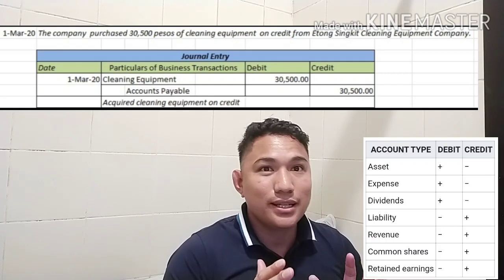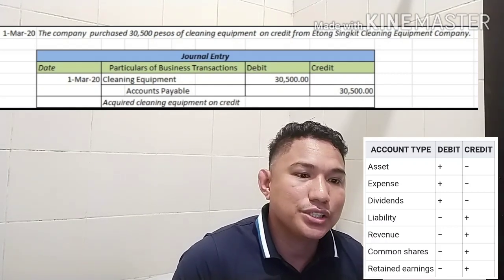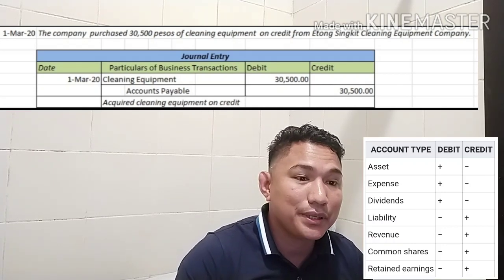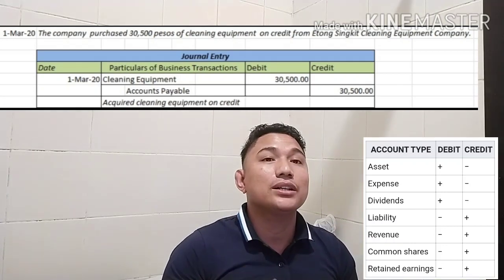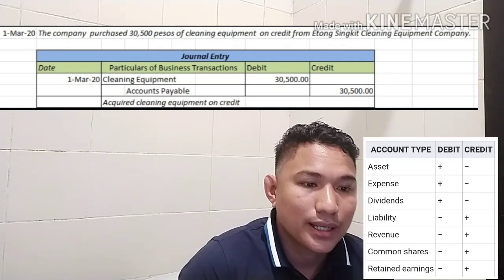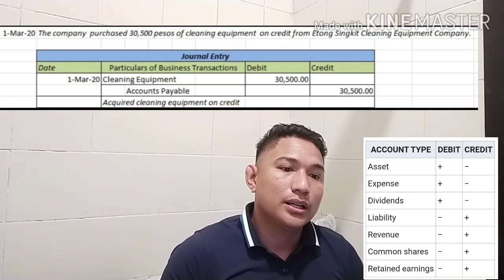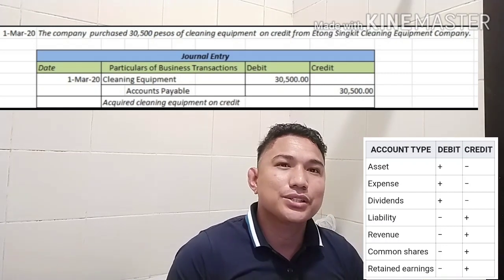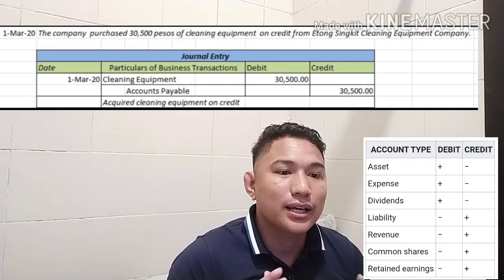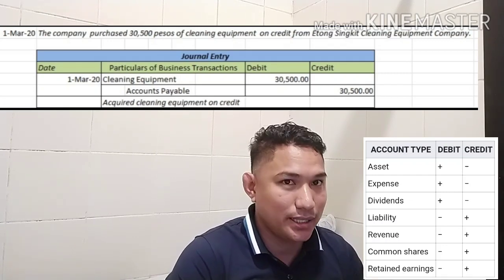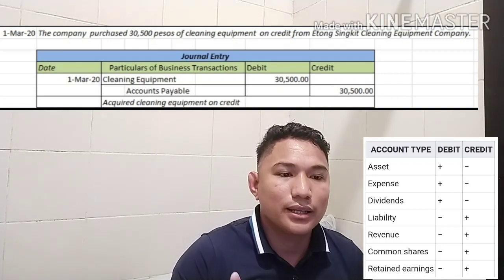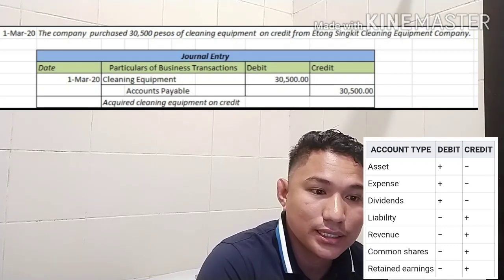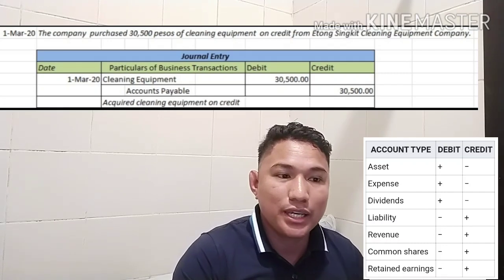Now, because your business is a cleaning company, Joji Langa company acquired cleaning equipment. Now, what is the entry during the acquisition of an asset called cleaning equipment on credit? You have to debit asset account called cleaning equipment 30,500, and then credit accounts payable